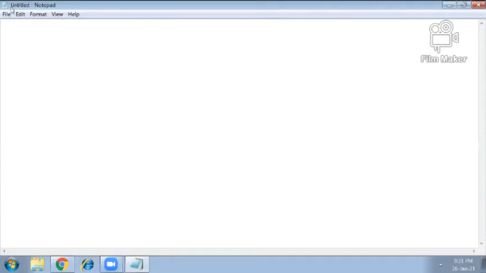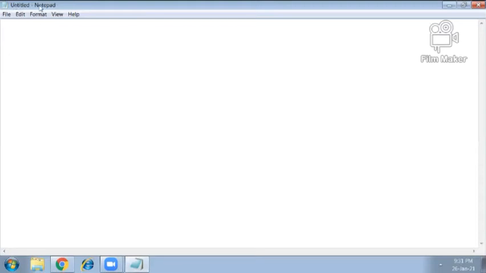Now you can see Untitled Notepad. Here Untitled Notepad is written because my file is not saved. Later on I'll tell you how you can save your file. First, let's take a brief description of the Notepad window.